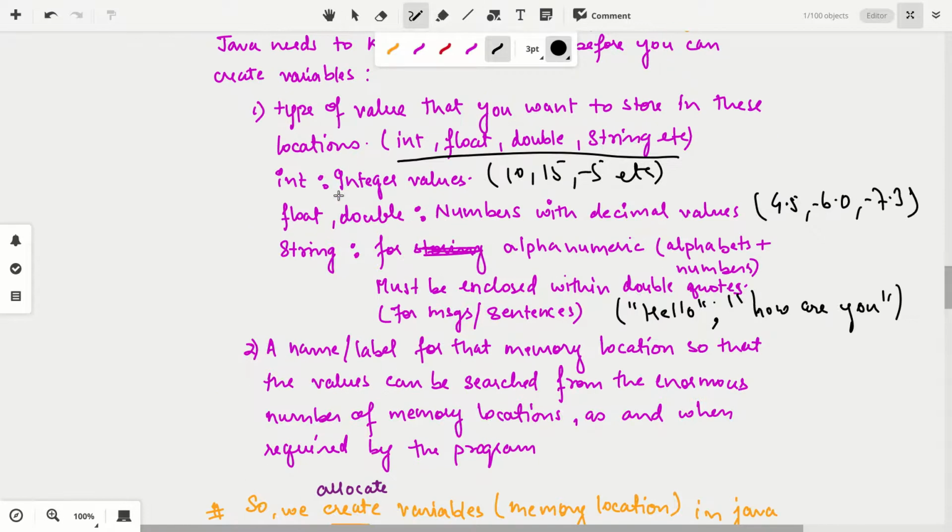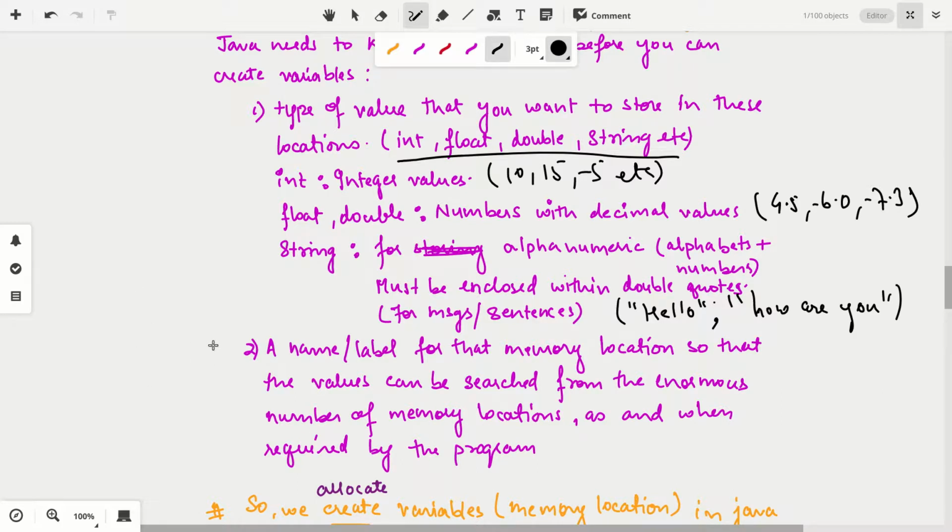What are the two values? What are the two things computer needs to know before it can give you one empty box so that you can put value in it? Okay, first thing is what type of value you will store in it, and second thing is what is the name, what you are going to call that memory location, or what label you are going to provide to that block or memory location.